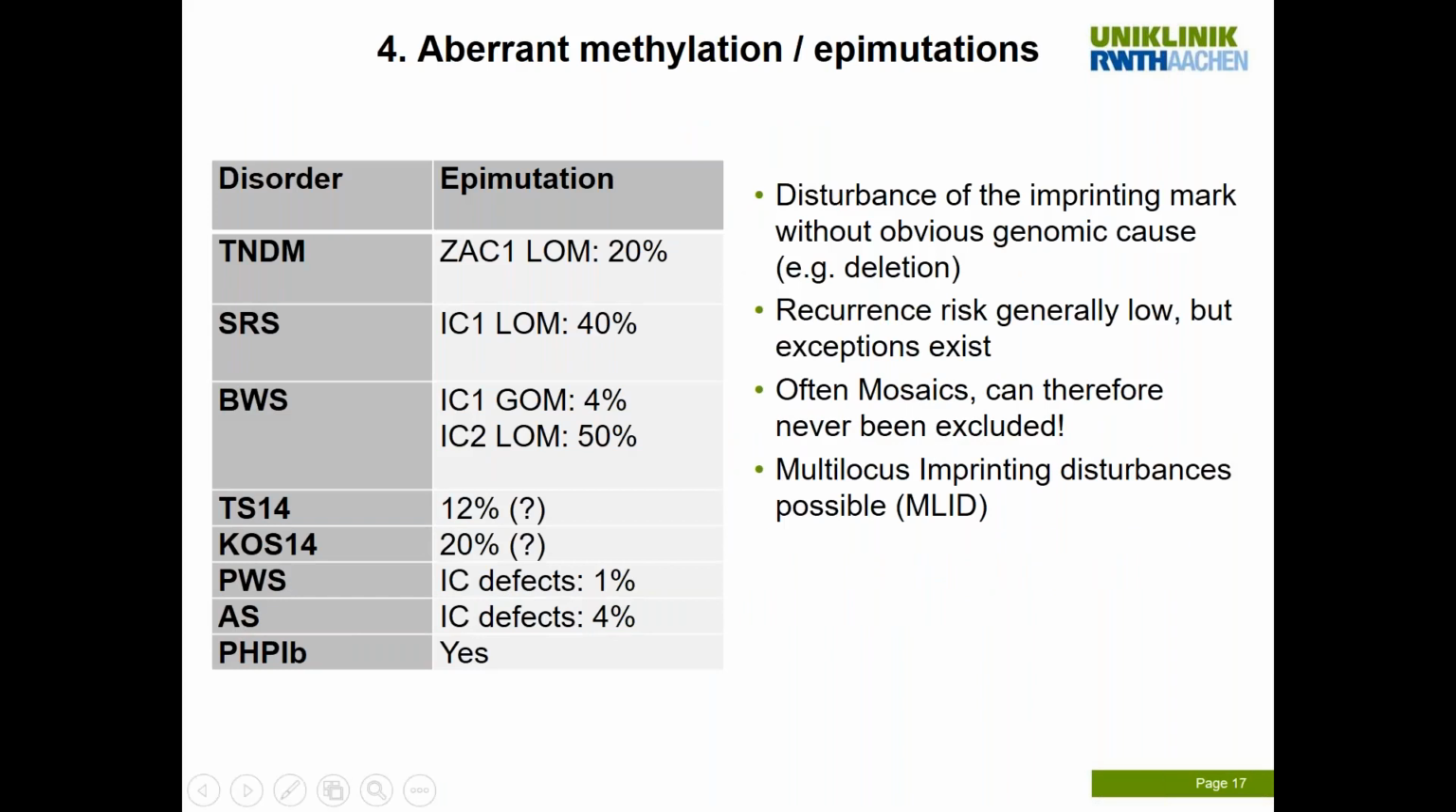Last but not least, the fourth class of molecular changes in imprinting disorders. These are the epimutations. That means these are isolated methylation disturbances without any obvious genomic change causing the epimutation. This is only partially true because meanwhile there is an increase of reports on molecular alterations